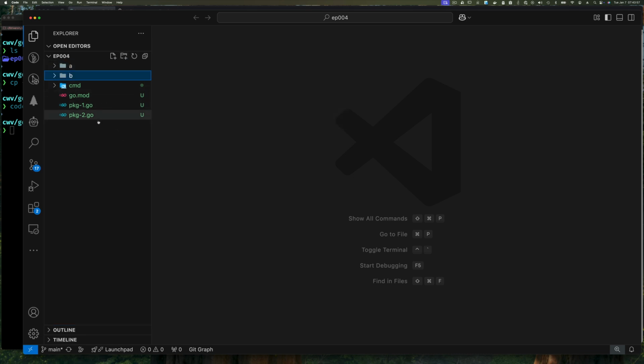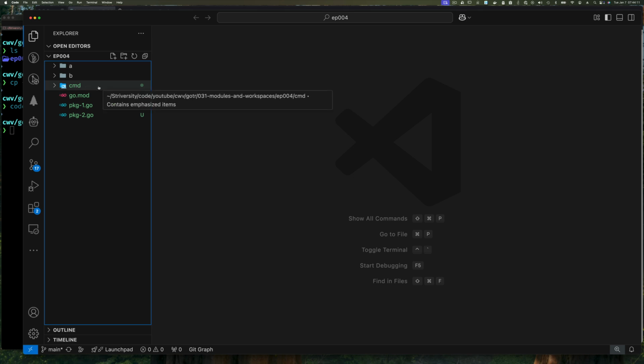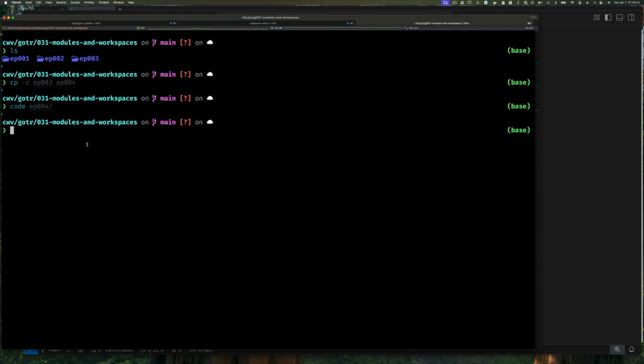If you're having issues creating these directories in the right place inside your VS Code editor, you can simply go down to the bottom here, right click and then say new folder, is one way. If you don't have the correct things selected, like if I were to select the CMD directory and click make directory or file, it would make it in that directory. So that's why I selected way out here and then clicked those, but you could just right click out here too. Another thing you can do is simply create the